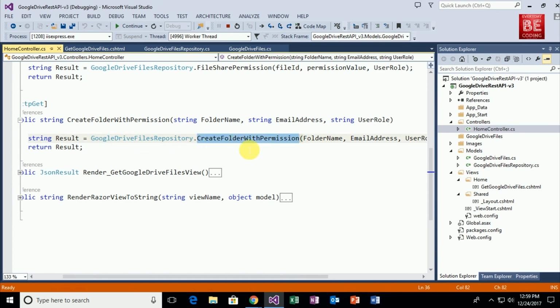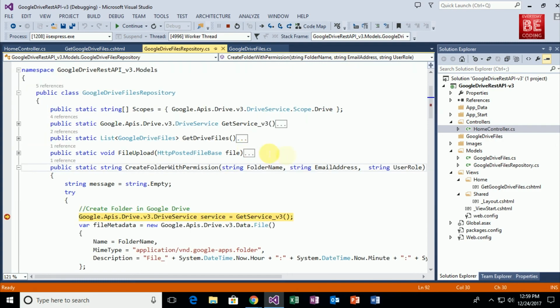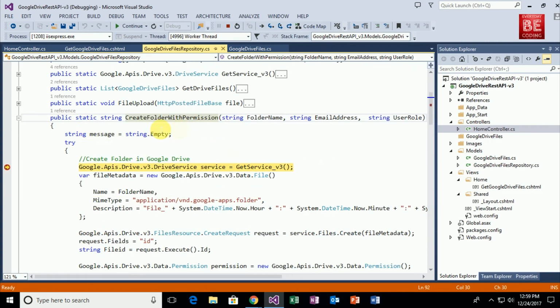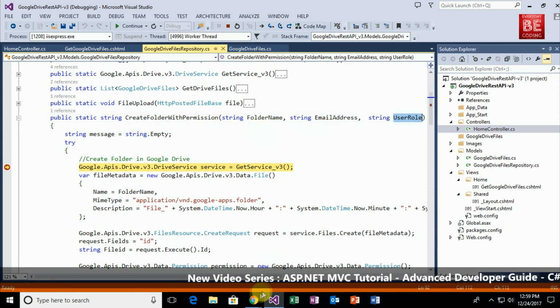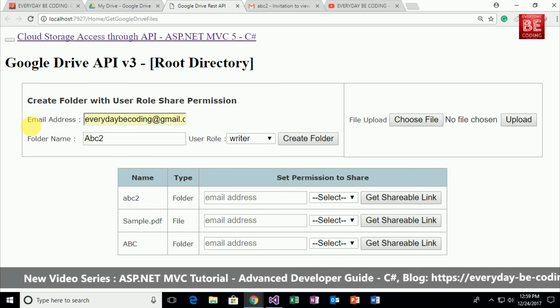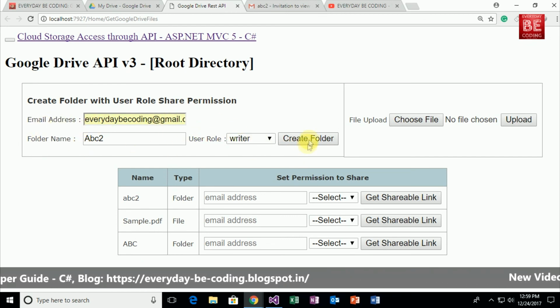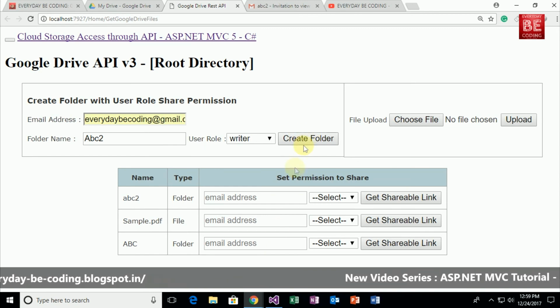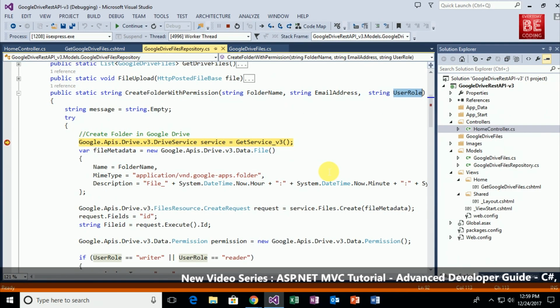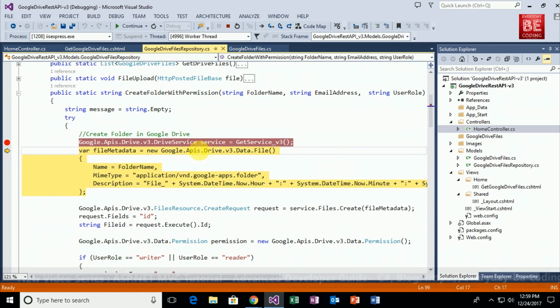Just select this folder and press F12 from my keyboard, and this is the method. This method takes three things as parameters: folder name, email address, and role type, that are inserted through our UI, and this is the email address, folder name, and role. Three inputs we are selecting, and after that we are hitting this create folder button. And the moment I press F10 from my keyboard, as you can see, this is a method get service underscore